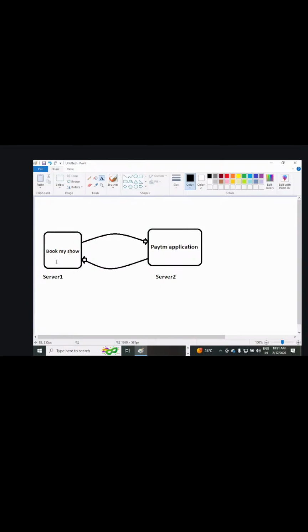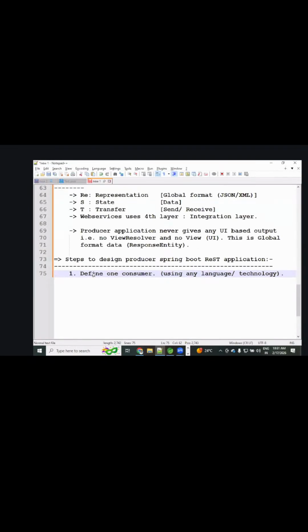The Java component is going to communicate with the .NET component. I hope you got the clarity, right? See here, you can define one consumer for the producer application, but while building that consumer application, you can use any language, any technology.